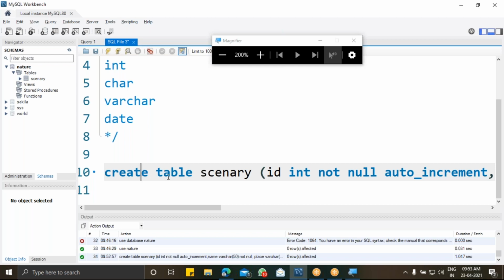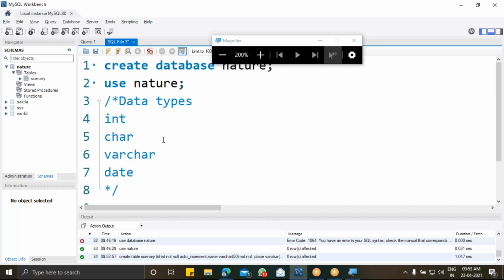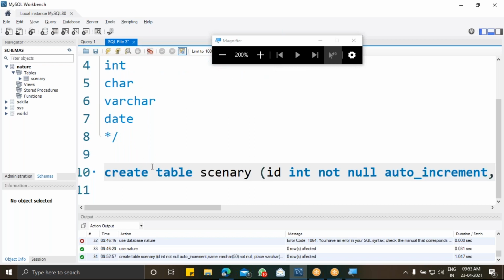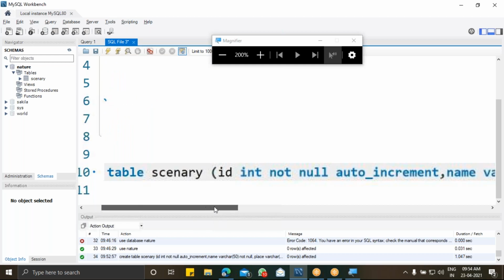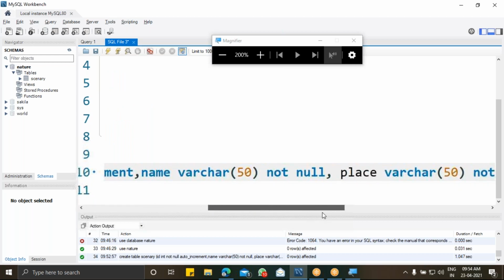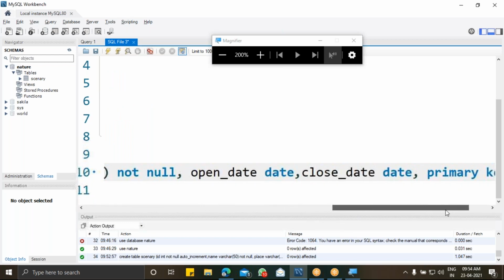So I have followed it with the table command. So after that, the table name is given. So if I want to create a database, then we have to use create database followed by the database name. So similarly, here create table followed by table name, followed by the column names and the data type of each, and followed by that we can have constraints like not null or auto increment. So if I want it to be unique, then I can add unique. So once we declare this as a primary key, it is always a combination of both not null and unique.